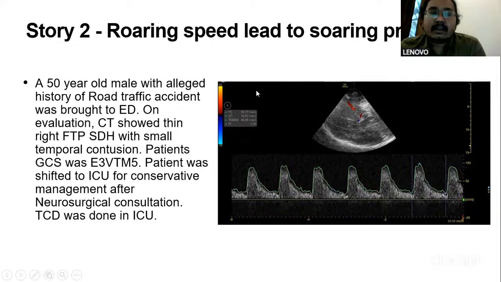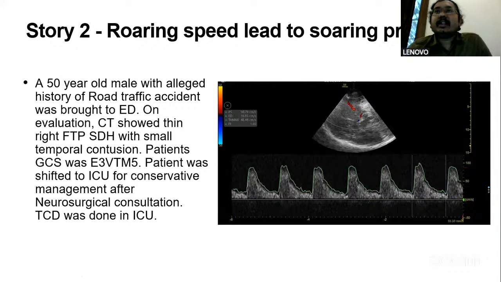The TCD for MCA shows that the end-diastolic velocity is 16.83, which is low, and a pulsatility index of 1.69. So what it tells us is that raised ICP has already set in, because we are able to observe that the end-diastolic velocities are low. So there is a cerebral hypoperfusion happening, and the pulsatility index is elevated at 1.69. That cerebral hypoperfusion is because of raised ICP. So with this